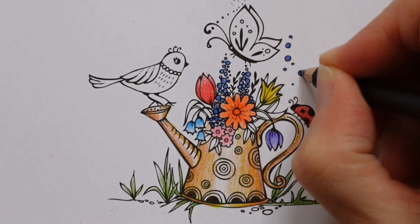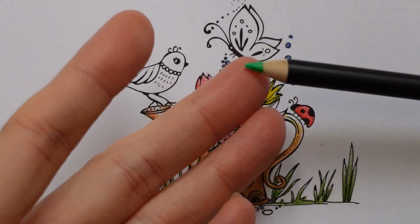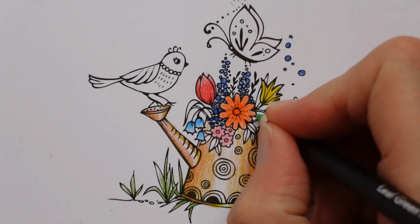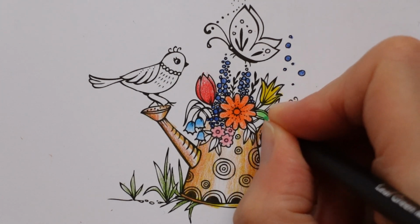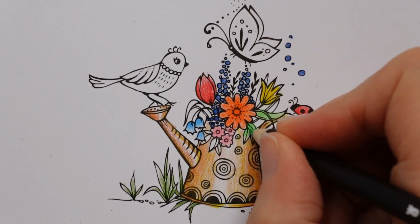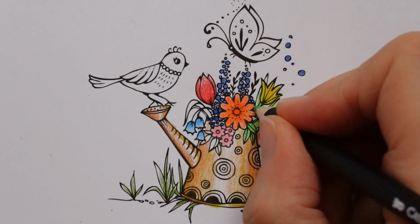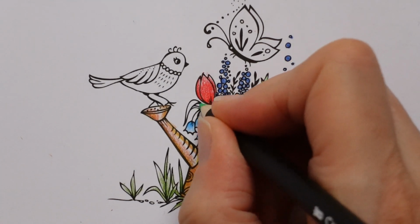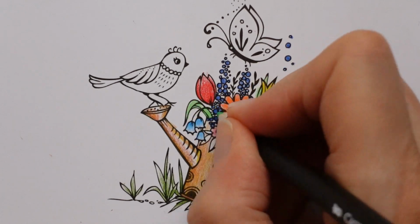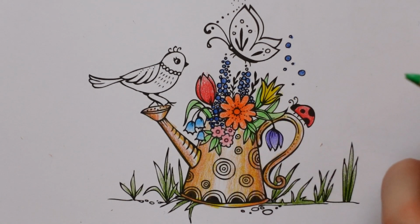I might put some sparkle on those after, but not yet. So I'm going to do more of a mid green. I'm going to use the leaf green middle. It's quite a nice green. It's called leaf green, so it should be the right one to use. And I think it's quite nice for spring, because although tulips have really dark leaves, spring greens are usually quite pale and pretty. So they always look really clean and fresh and new, I think. Spring greens. I'm saying spring greens over and over and it's making me think that I'm talking about a type of